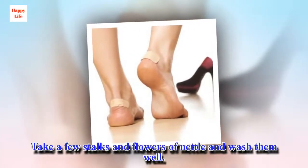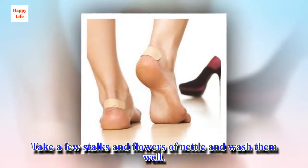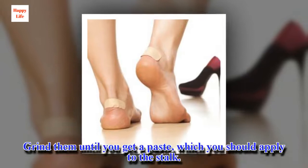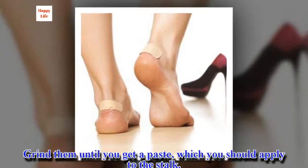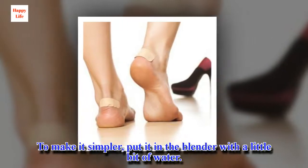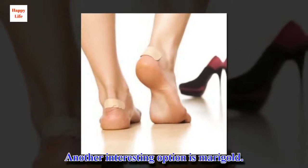Take a few stalks and flowers of nettle and wash them well. Grind them until you get a paste, which you should apply to the callus. To make it simpler, put it in the blender with a little bit of water. Another interesting option is marigold,